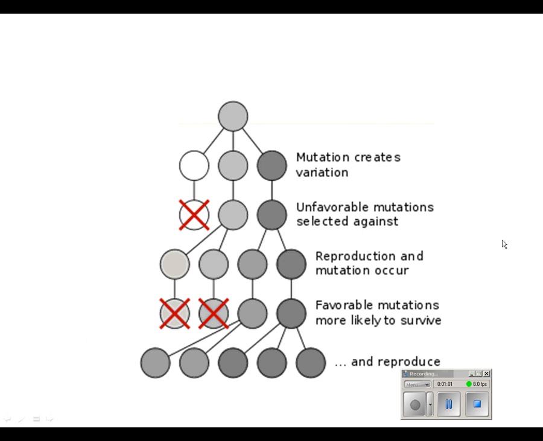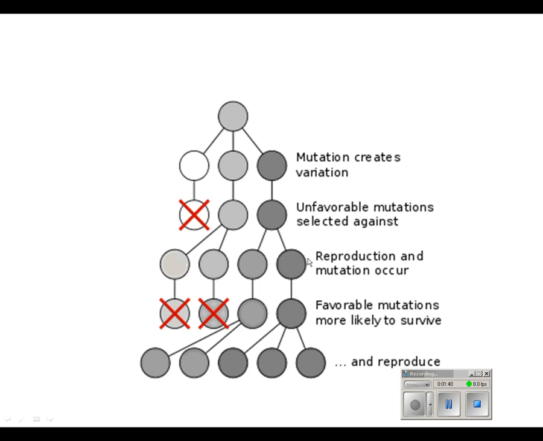In many cases, we can talk about a mutation that creates a variation. So you have one common ancestor, and there are mutations that happen, and in this case, we end up with 3 different variations, and that's going to be in the genetic code. Well, sometimes some of those variations are unfavorable. In the case of the light and dark colored moth, the light colored moth was unfavorable, so eventually the species is going to die out because there's going to be some sort of agent that's going to select against it.